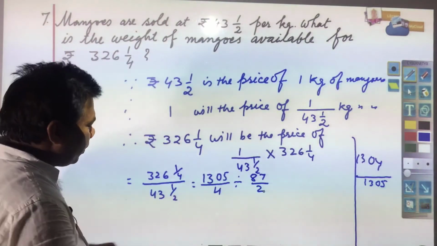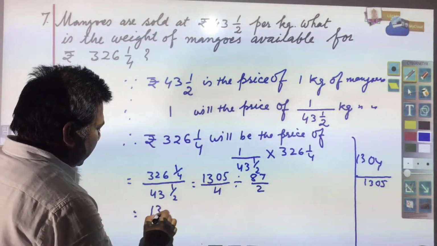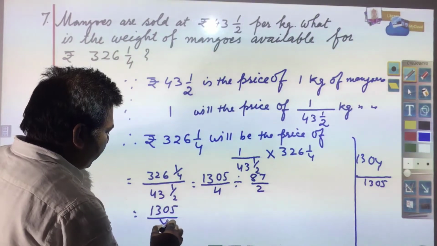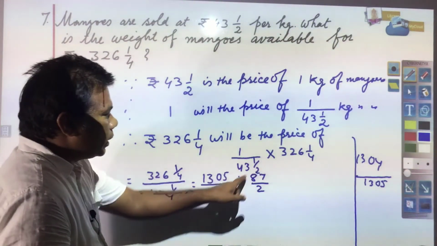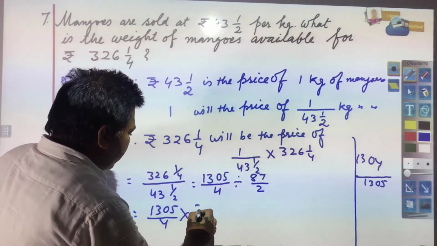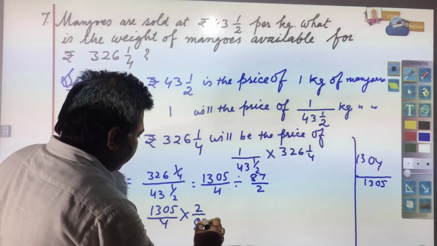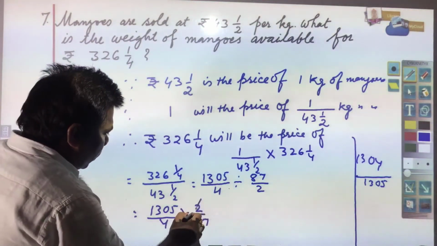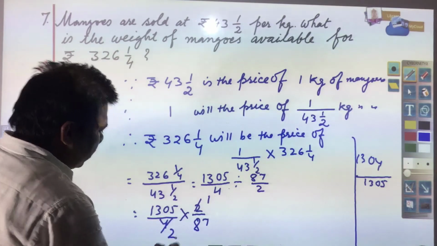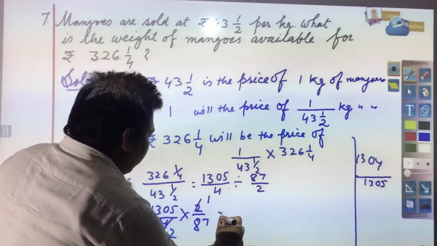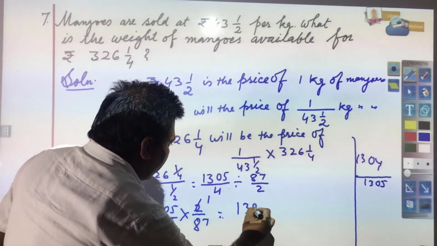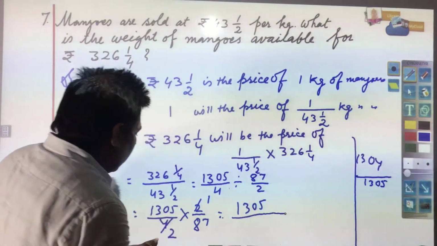Now how will we simplify this? 1305 by 4 into the reciprocal of this, which will be 2 by 87. Now you see, 2 ones are 2 and 2 twos are 4, and finally you got 1305 divided by 2